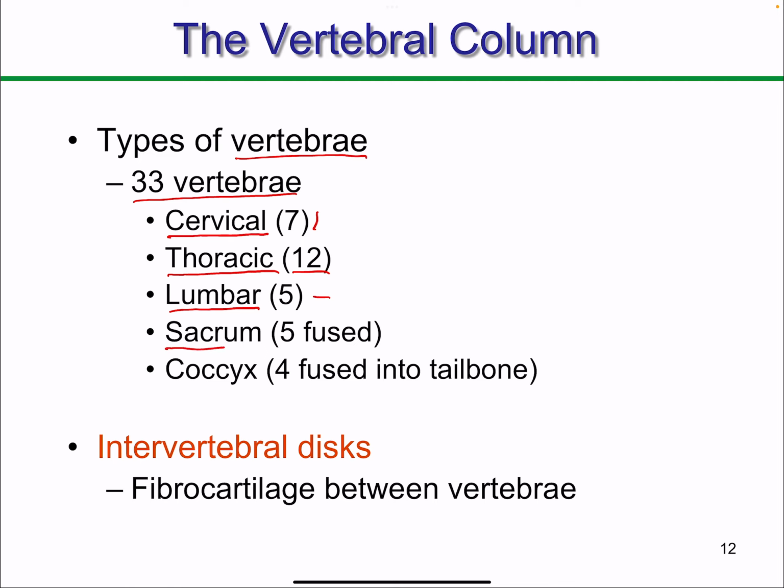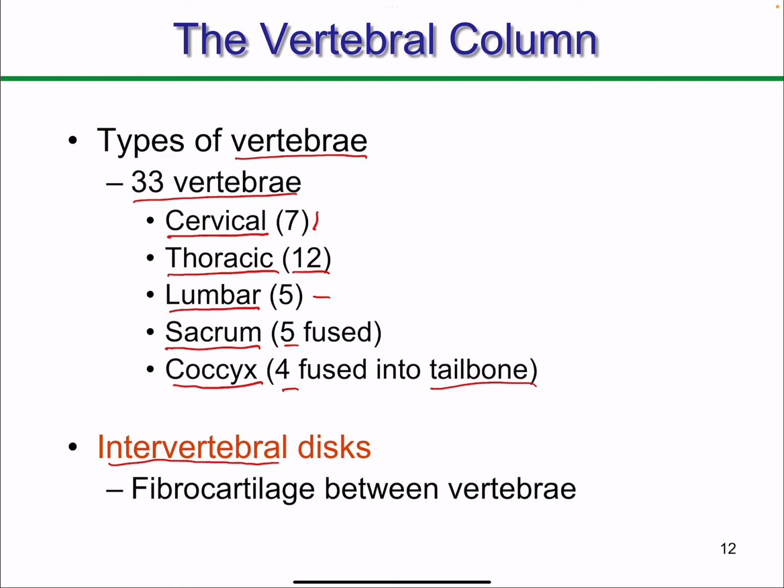And the sacrum. The sacrum is actually 5 vertebrae that are fused together, right? And then you're going to have the coccyx. The coccyx is made up of 4 fused vertebrae that are also called the tailbone. Okay? Now, between vertebrae, you're going to have